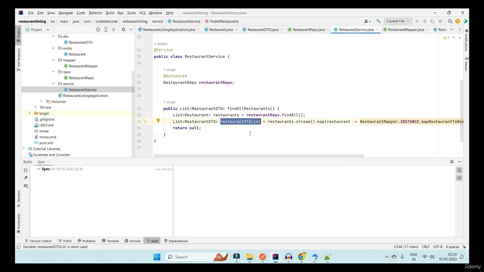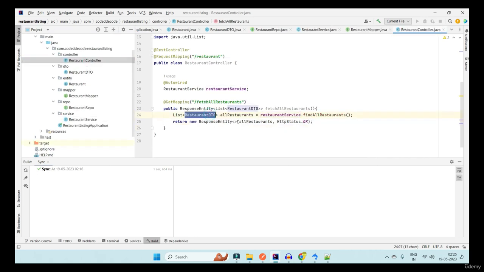So here what we get is restaurant DTO list, and this list is capable enough to be returned from find all restaurant to client. So this is how, just in the service layer, you hit the repository, fetch all the restaurant entities, but before going to the controller and interacting with the client, you have converted your entities to DTOs and hence prevent any of the client interactions from having any restaurant entity as a medium of communication. So I'm going to return this restaurant list now to controller. So you have the DTOs ready and you can return. Let's quickly see if this much is running, and after that we will add the remaining rest endpoints. So let's try running only this much as of now.